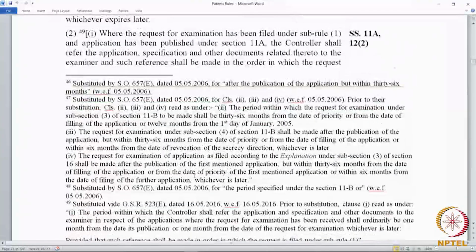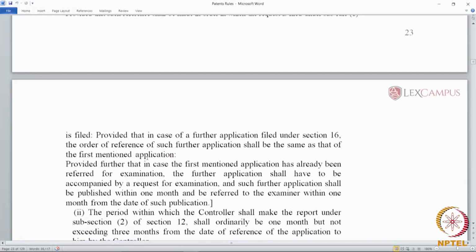Now, 24B(2) tells us that where a request for examination has been filed under sub rule 1 and an application has been published under section 11A, the controller shall refer the application specification and other documents related thereto to the examiner, and such reference shall be made in the order in which the request was filed, provided that in case of a further application filed under section 16, that is a divisional, the order for reference for such further application shall be the same as that of the first mentioned application,